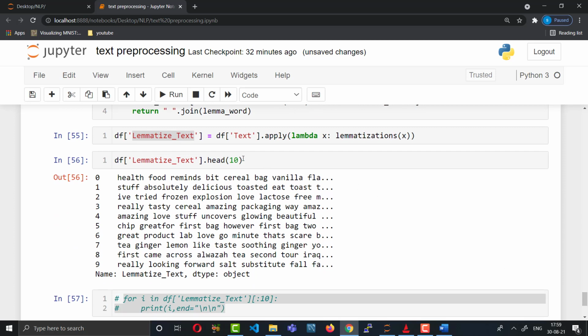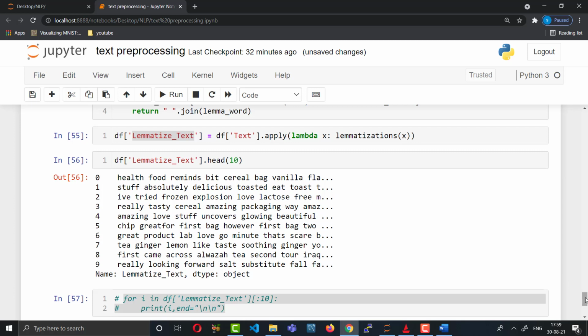So we are looking at the result of lemmatization for health foods, refined wheat cereal. We use both kinds of techniques while creating the vectorization. Sometimes we use lemmatization and sometimes stemming. It depends upon how the result is performing, because there is no thumb rule.